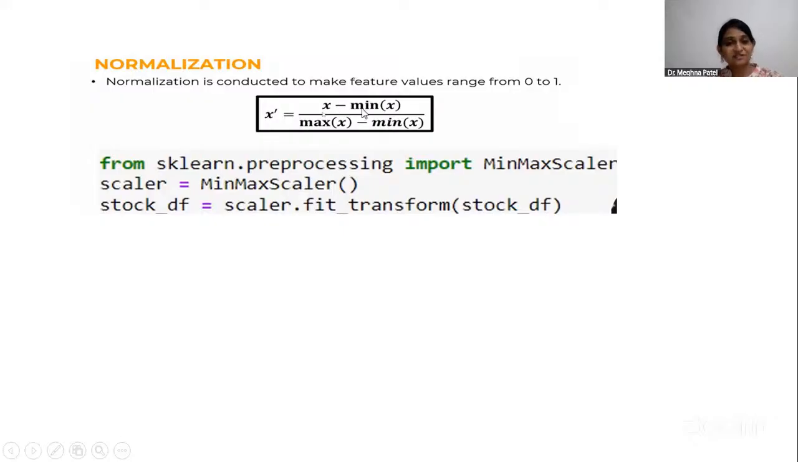X normalized equals x minus the minimum value of x, divided by the maximum value of x minus the minimum value of x. Okay. So using that, you can change the range of your original data into 0 to 1 for any feature, for any column. Now, we can go through the practical also, but right now,